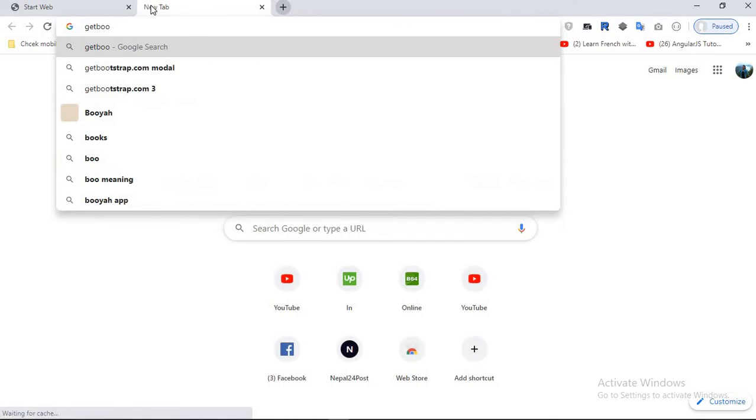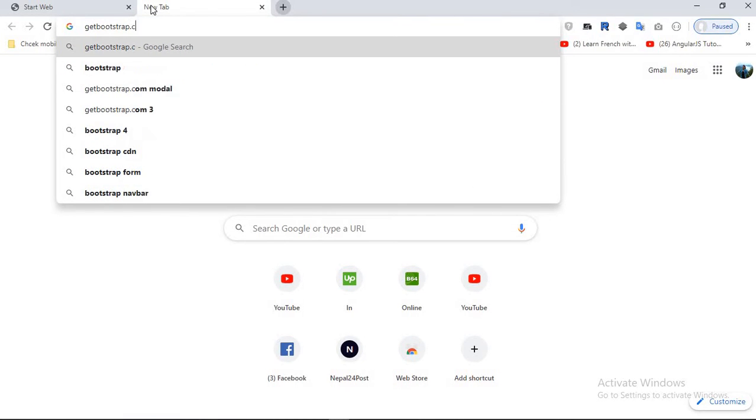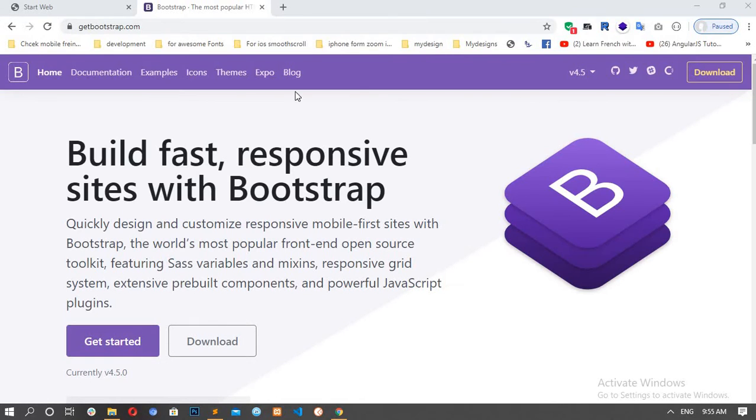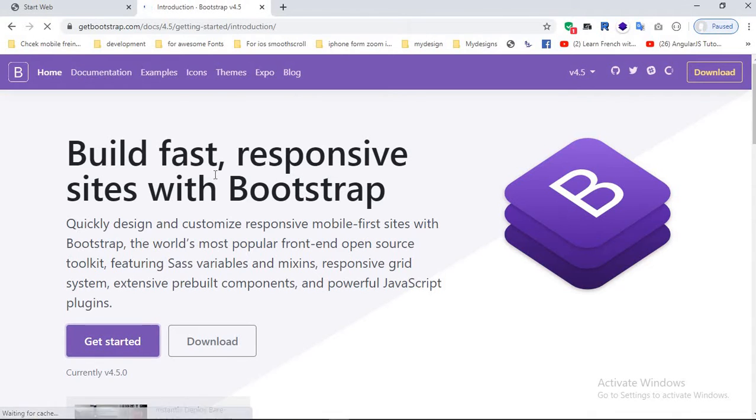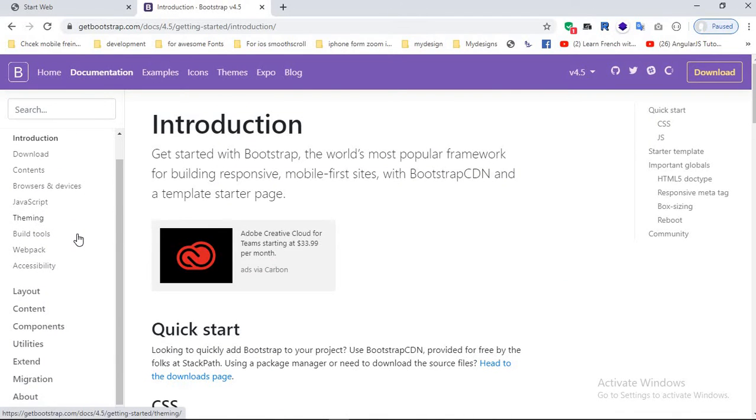First go to getbootstrap.com. It's slow. It's getting slow. I don't know why. So slow. Okay, I'll click on get started. Here we can find, look at this